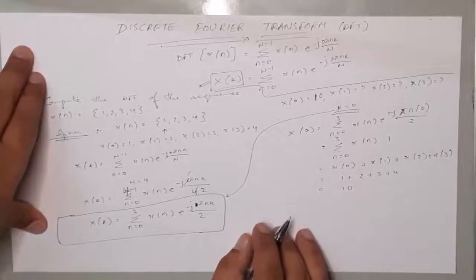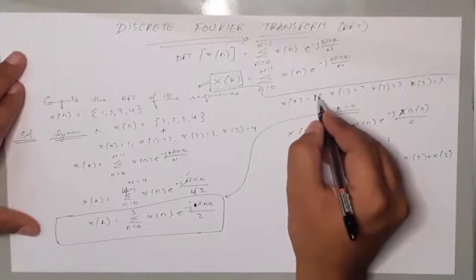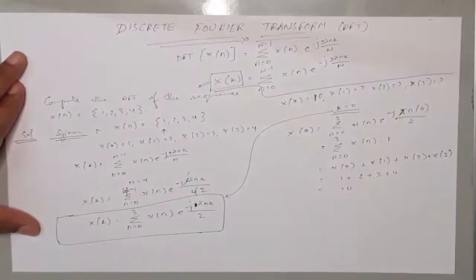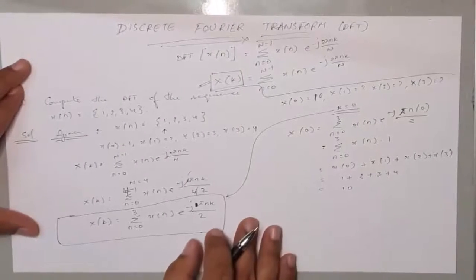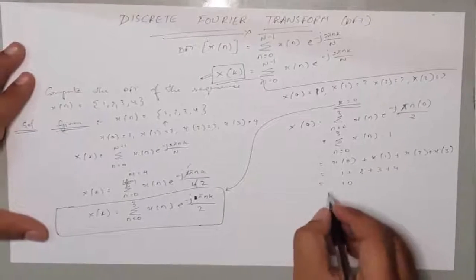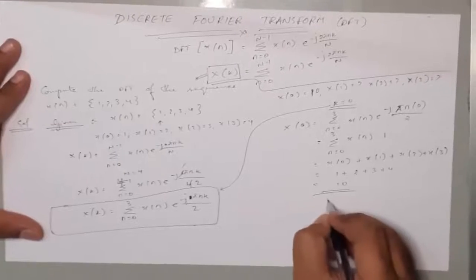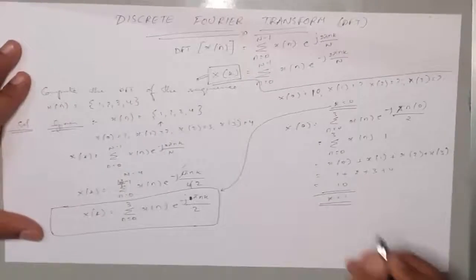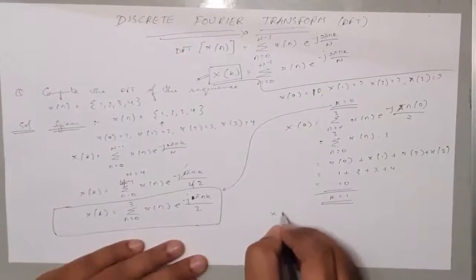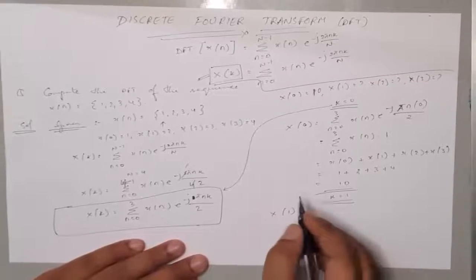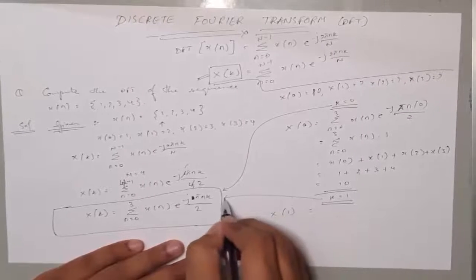Okay. In the exam, you don't change the question mark. At the end, when you get the values, you write it down. Here, for understanding, I am writing like this. Now we'll go for the second one, that is at k is equal to 1. So we'll substitute 1 in place of k. In which equation? Again in this equation.